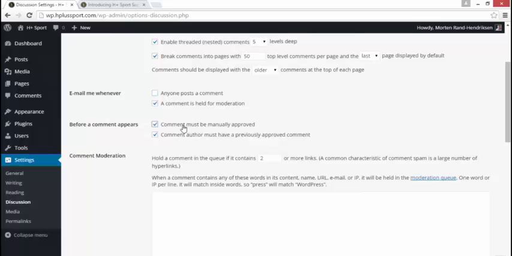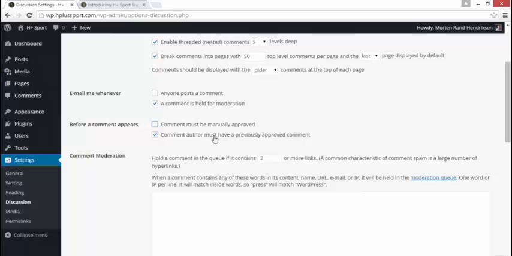You can also check "comment must be manually approved," and then you have to go in and manually approve every single comment. Now, depending on how you set up your site, it might be a good idea to turn these off, or it might be a good idea to turn them both on, or just the second one. What you'll find if you have this default setting triggered is people will comment on your site, then they don't see the comment show up, and then they're likely going to email you or hit you up on Twitter or something and ask you to approve their comment,